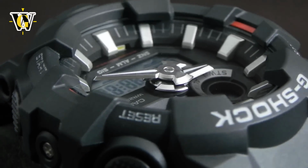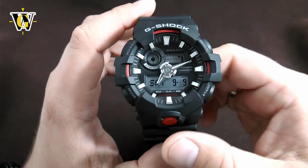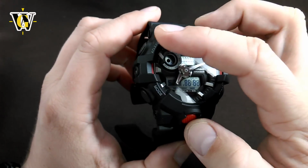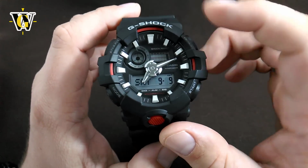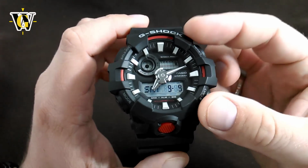However, popping the crystal kind of seems impossible because, as you can see, the shape of this bezel looks like someone is grabbing the watch from behind and just squeezing the crystal. It kind of reminds me of how gems are held in place on rings. Now, I know this is not what's actually holding the crystal down, but it does give an additional feeling of